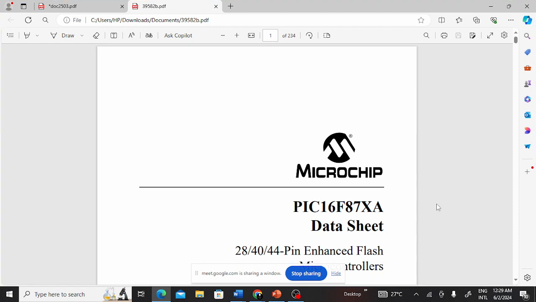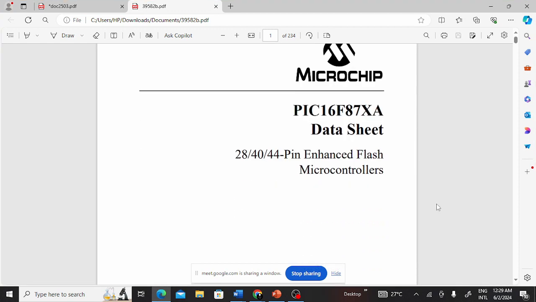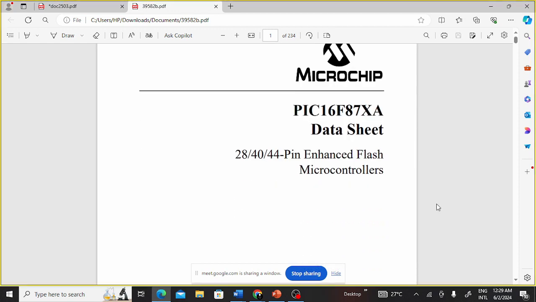Alright, so we have now Microchip. On the other hand, they have so many products. So what they do is that they tend to code it. So a datasheet cannot be developed for all the families. So we have PIC